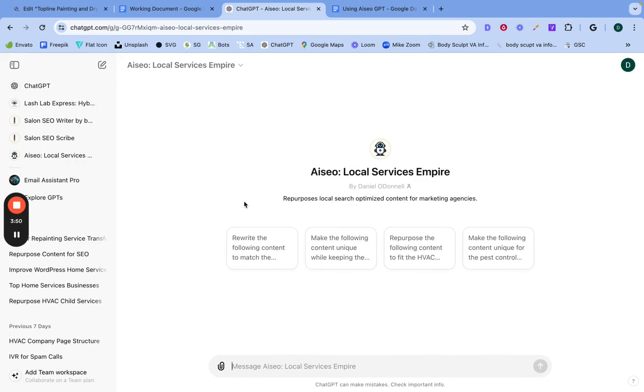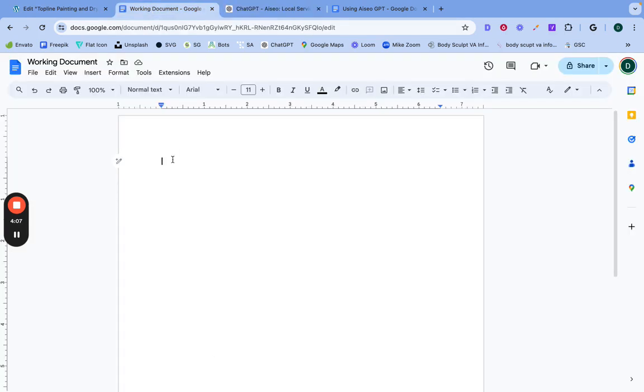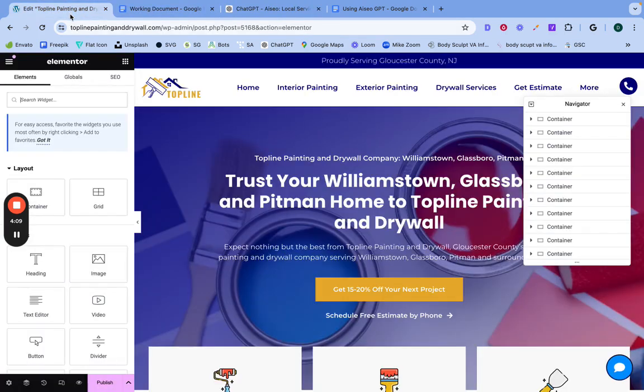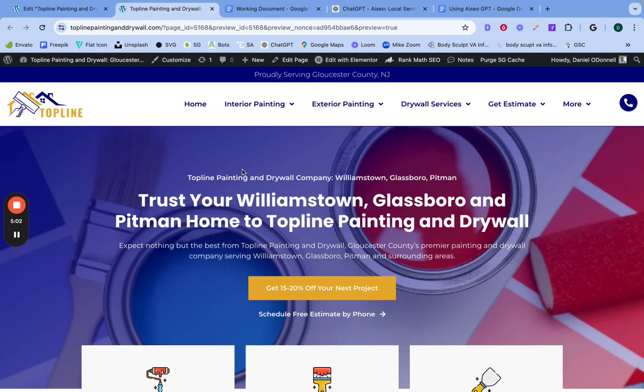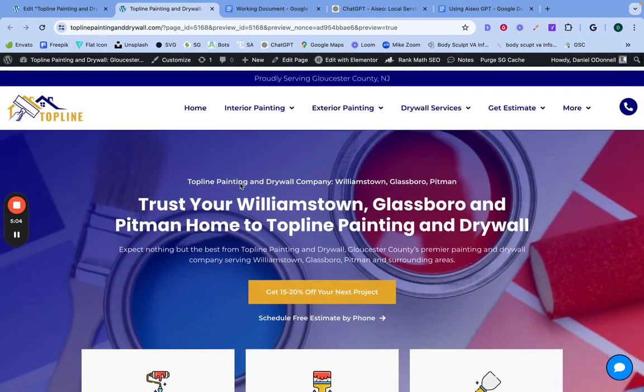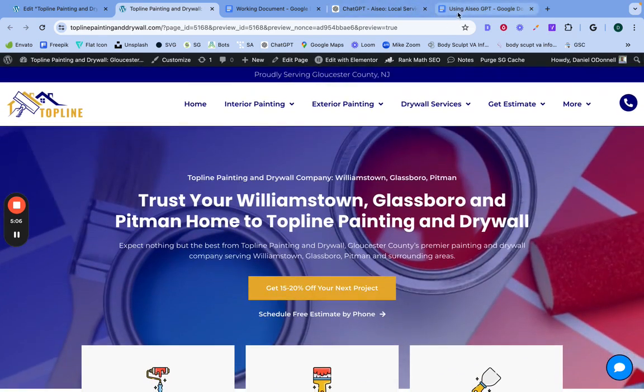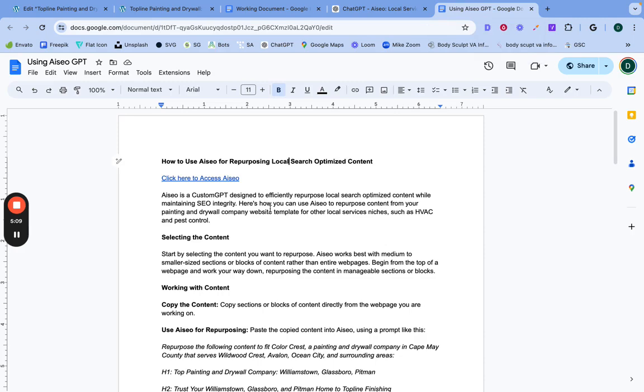Okay, so here's Aiseo, on a fresh screen. We have a couple prompts, a couple conversation starters, as ChatGPT calls them, okay. And what I do is I keep a working document open, and this is where I'm going to, so let's just preview this. Okay, so I have my page opened in a tab, and like it says here,